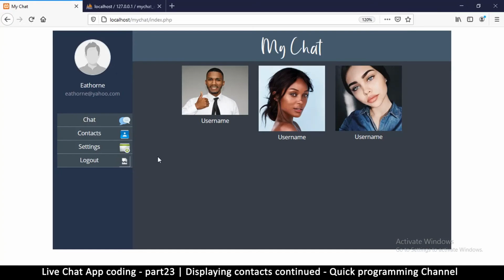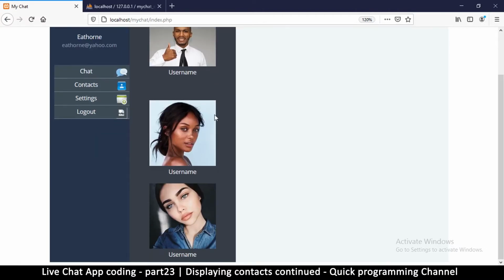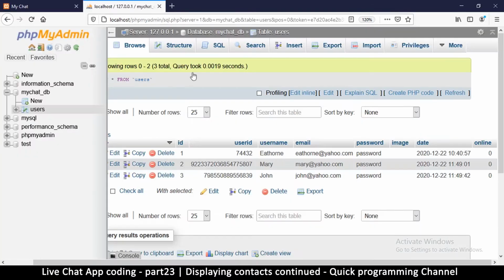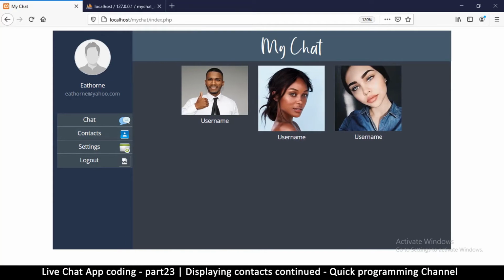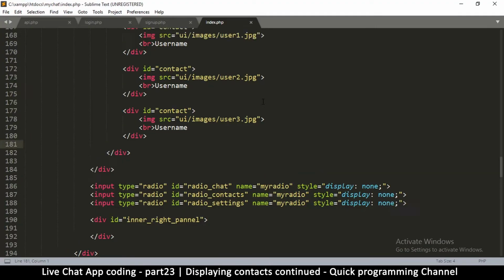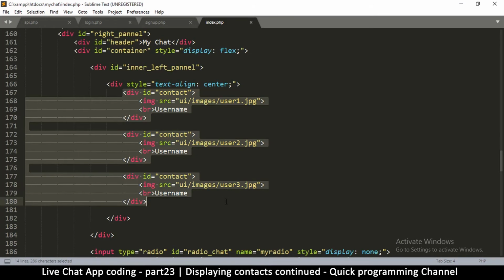So what we want to do in this particular episode is to make sure that when we click contacts, that's when we see contacts, and when we click chat or any other thing here, we don't see the contacts anymore. And also to make sure that the contacts are actually being read from the database, which is these contacts right here. Okay, so let's go back here to contacts, and then so our contacts are hard-coded in the HTML index.php